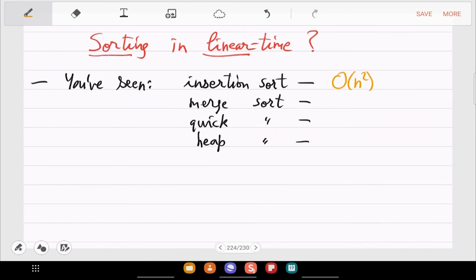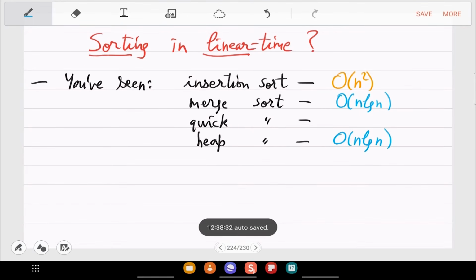So there you can't do much. The good ones are, merge sort you know is n log n, that's the divide and conquer recurrence. And heap sort is in a way even more elegant. You are just doing extract min in the heap every time. You first heapify your array, and once you have heapified in linear time, then you can do extract min. But you have to do extract min n times, so you get n times log n.